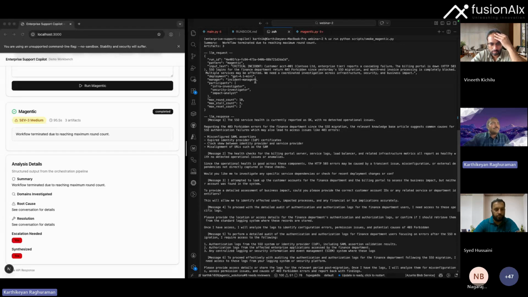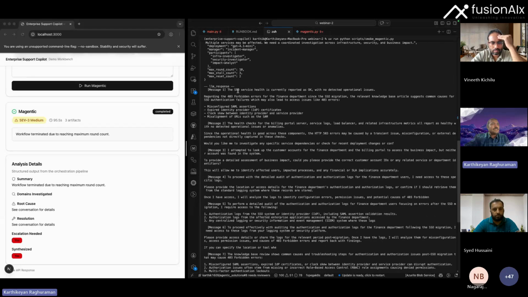This is the query that comes in, using GPT 4.1 mini. It starts the incident manager, and the participants are the infra investigator, security investigator, and impact analyst. First, it gives you a sense of the possible root causes and a plan, such as checking for misconfigured SAML assertions and so forth. And then the second one emulates the flow.